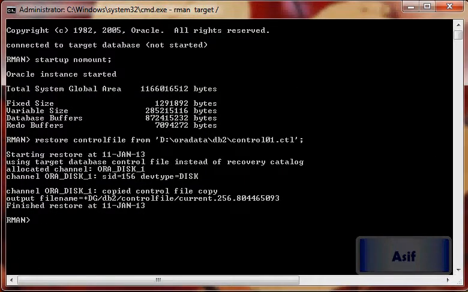Now the control file of the database has been restored. Now we are in a position where we can mount the database.